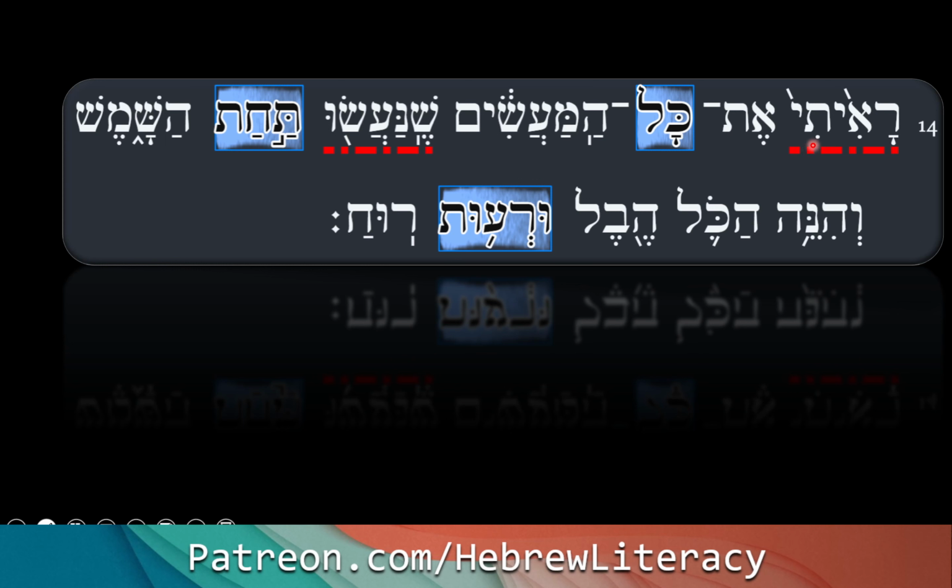Hayiti. Hayiti. And notice we've got the red dashed lines. This is a perfect. That tav and yod at the end is telling you this is first person, meaning I. So what is our verb then? I would like to colorize it, but I really can't with my thumb. So resh, aleph, and then we're missing the hey from the end. So it's resh, aleph, hey, which is to see. So hayiti is I saw, or I have seen.